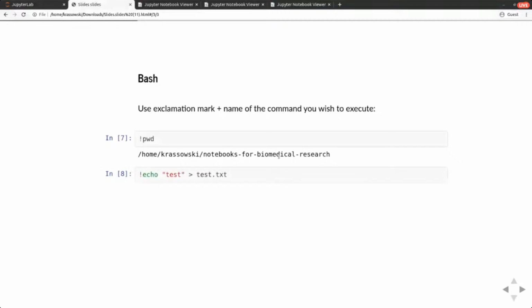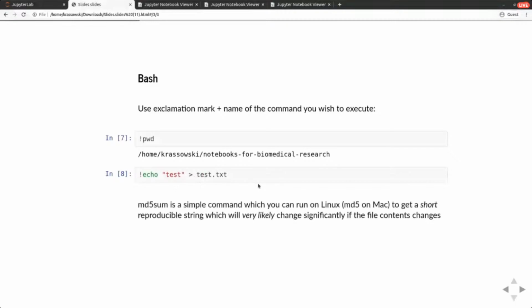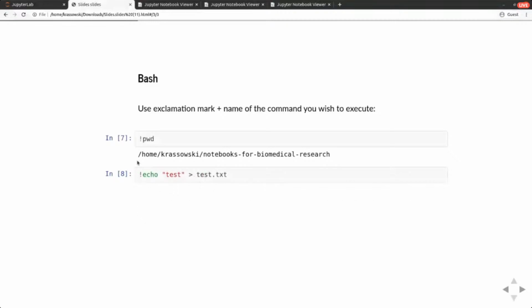I create a test file, which is named test.txt, and its content is just test. And the only thing needed here is to add the exclamation mark, which will tell the interpreter that we actually want to execute a bash command rather than